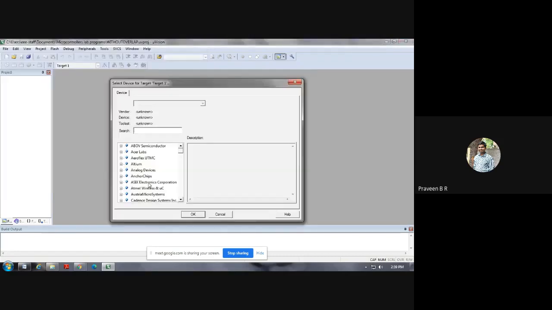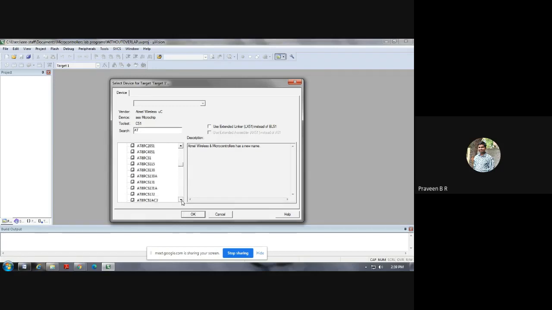It will ask me to choose the particular microcontroller. So I will choose the microcontroller called Atmel. So I will go to Atmel wireless and microcontroller. So click on the extension button here. You can see C microchip. So click on C microchip. Under microchip, you can see a lot of Atmel microchips. You have to select